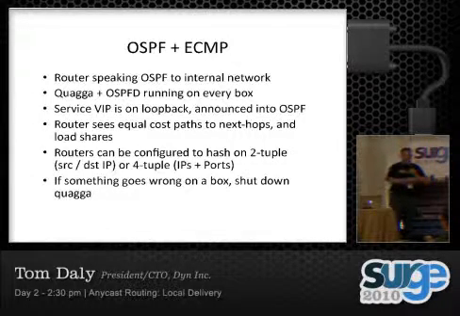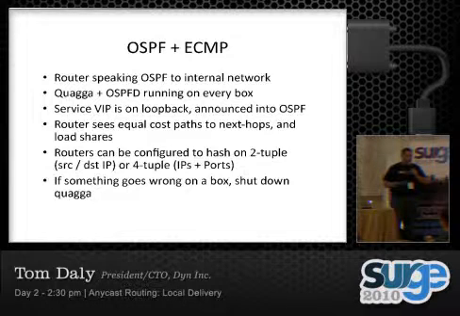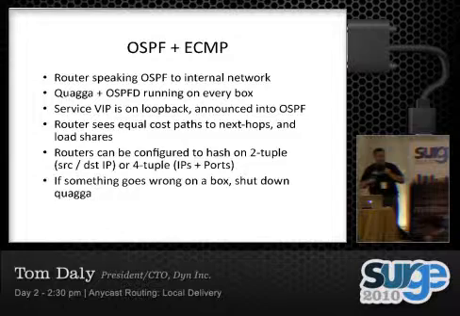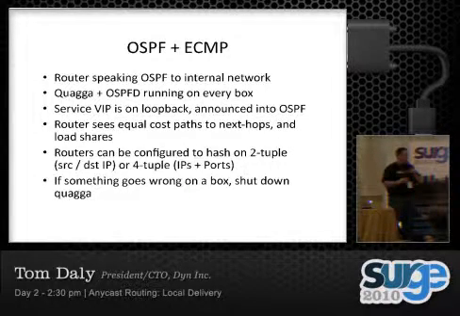But then the router basically starts hashing across the 2-tuple, source IP and destination IP, or the 4-tuple, source IP, source port, destination IP, destination port, and that's configurable up to you. That's something you need to figure out, what your application